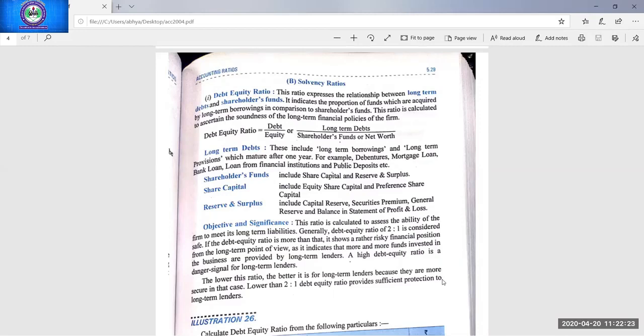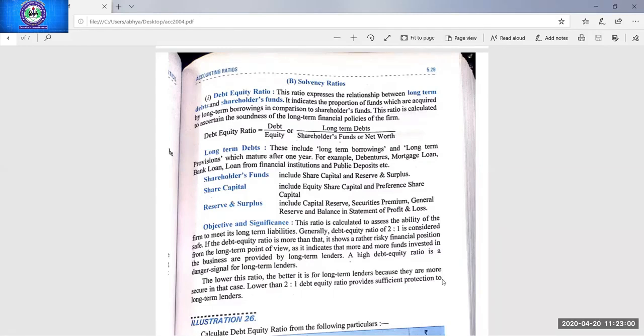Suppose you went to a creditor and the creditor doesn't know you, the seller doesn't know you, so you are demanding a credit purchase from him. Before granting your credit purchase, which ratio will he be calculating? Liquidity or solvency? Tell me. Liquidity or solvency ratios? Which ratio will a creditor be calculating? You can give me the answer in chat. If you want to buy goods on credit from a business, which ratio will he be calculating? Liquidity or solvency? Yes, Deepak Sharma, you are correct.